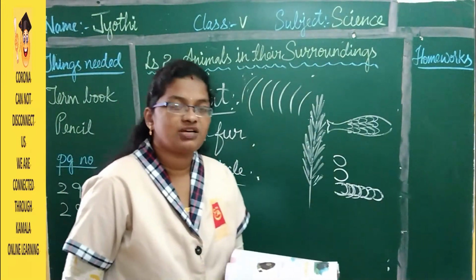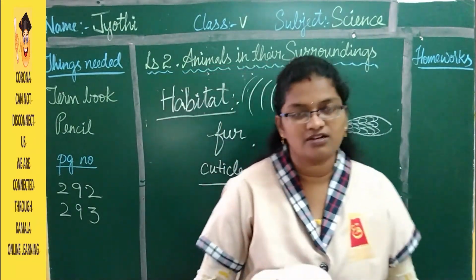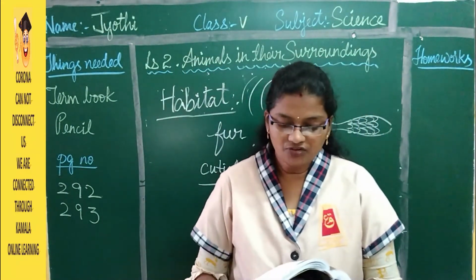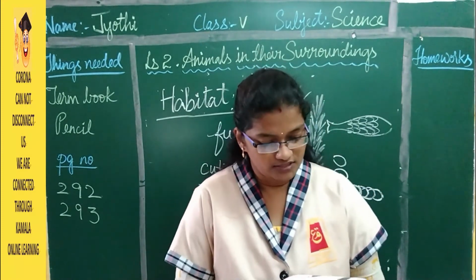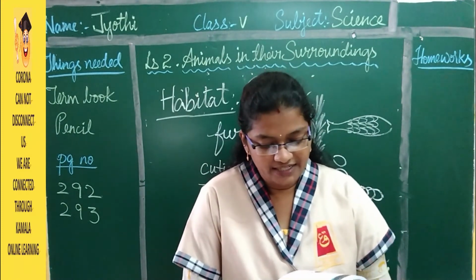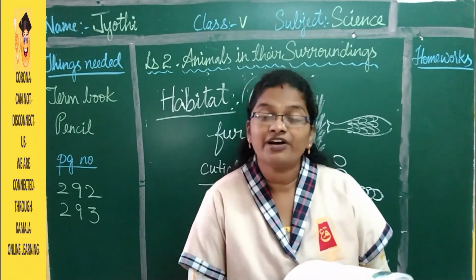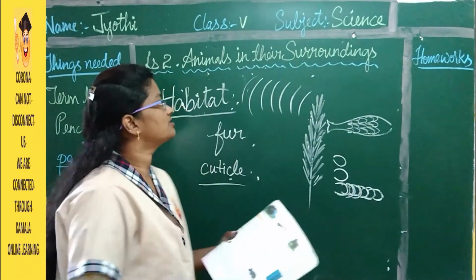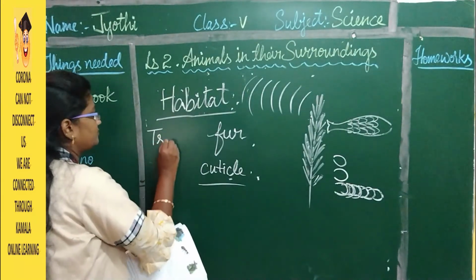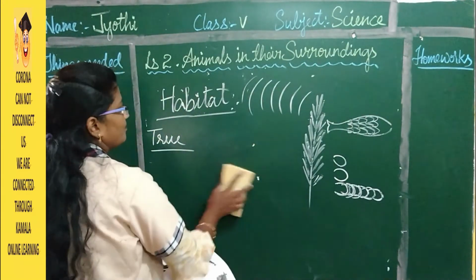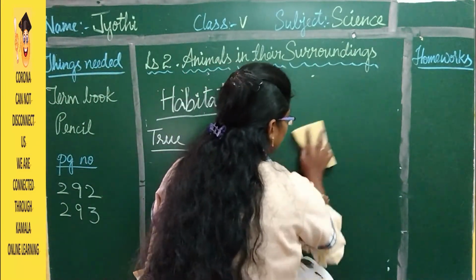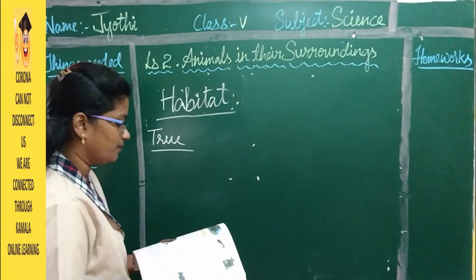Okay, so this is about the skin of animals. Now here you have checkpoints. Just see. State true or false. Water and land are the two main types of habitat. Yes, it is true. The first one is true.